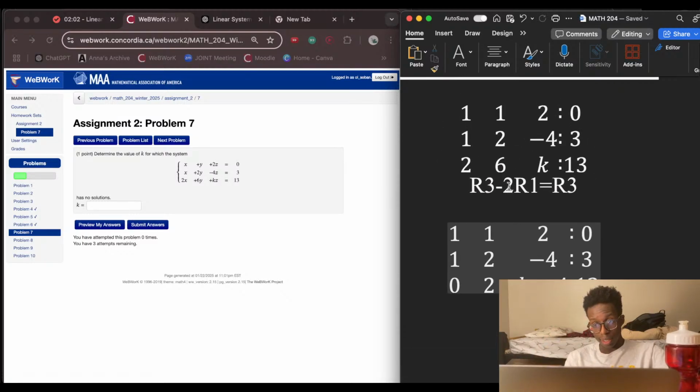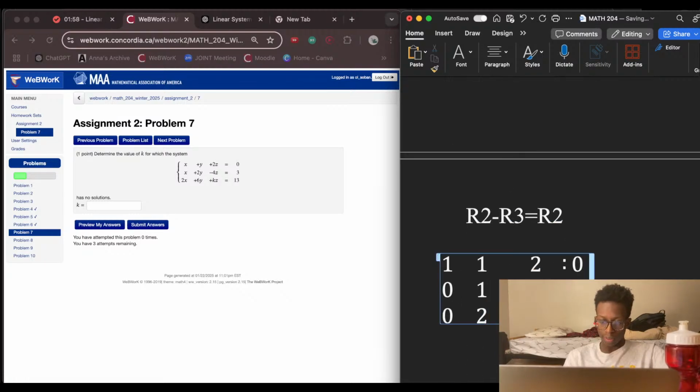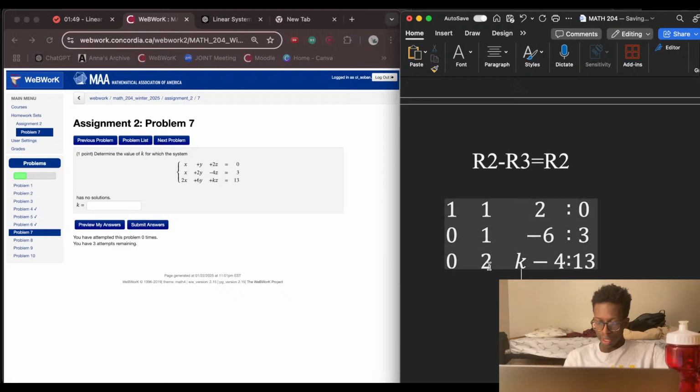K minus 4. And then this was 3, and then this is 13. So then you just subtract once. You don't even have to bother with the top one. And then it'll be double. Yeah, so there you have